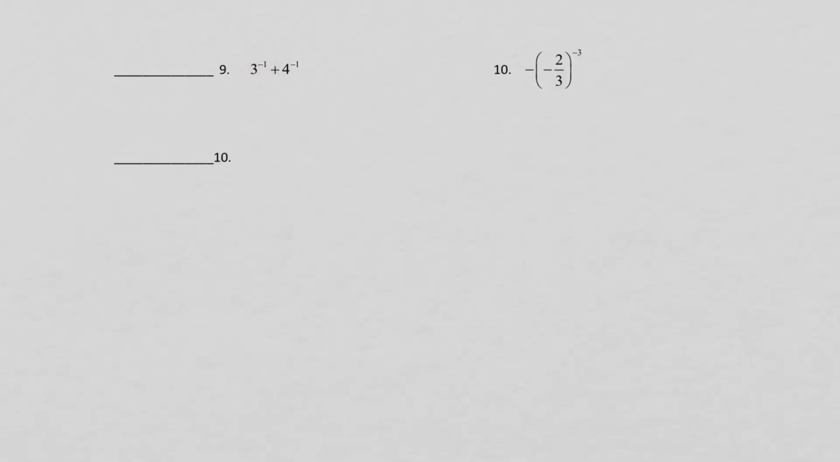Okay, 3 to the negative 1 is 1 over 3. 4 to the negative 1 is 1 over 4. We're just inverting this because of the negative. And now we need a common denominator,